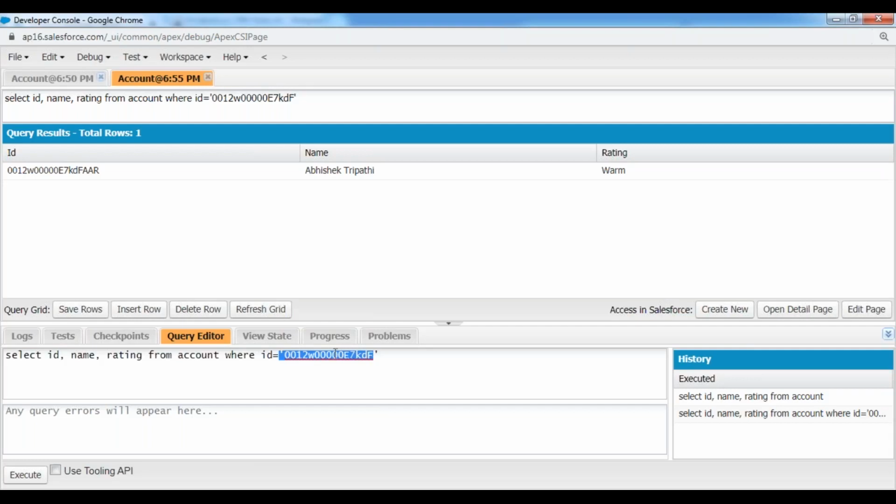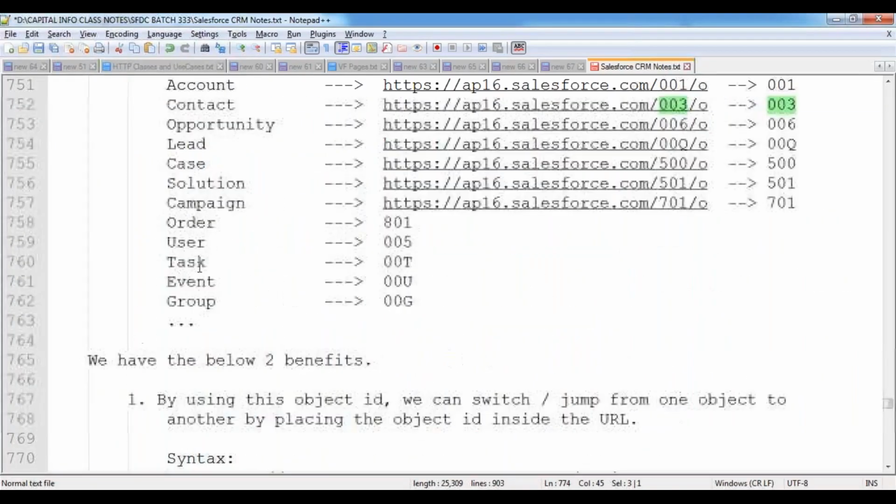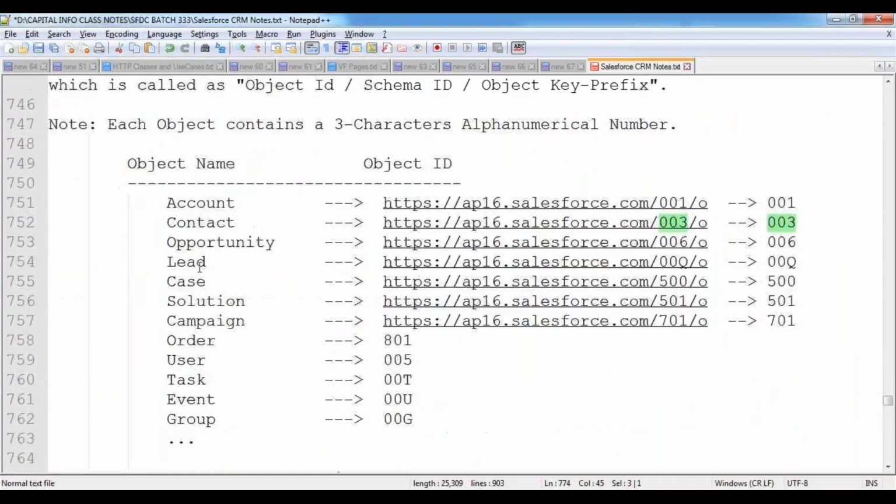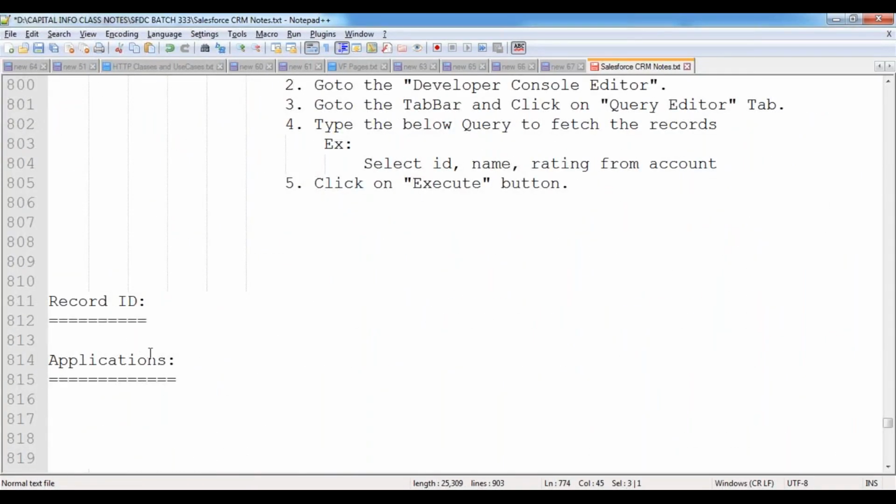Within your Salesforce application, we can query the records with the 15 character ID. But if you want to query the data from other applications, by using integrations, a Java application, .NET application, mainframe, or any other third-party application, then we compulsorily need the 18 character ID of your record. That is a mandatory principle. Okay, so in this case we can query the records information also. This is the concept of record ID and object ID.